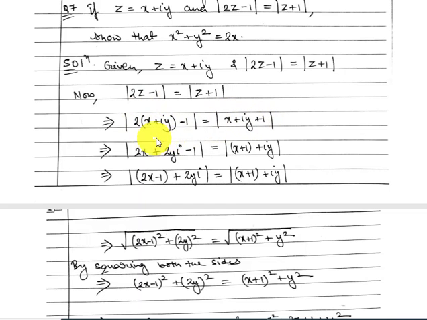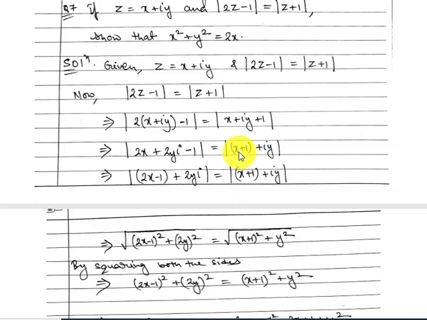Now what you do is put all the real parts together. Open the bracket, so you get 2x plus 2iy minus 1. Here 2x is the real part because it does not have i, and this minus 1 is real, so we'll put 2x and minus 1 together, plus 2yi. And here x and 1 are real parts, so we'll put them together: x plus 1 plus iy. So in this case the real part is x plus 1, and the imaginary part is y.